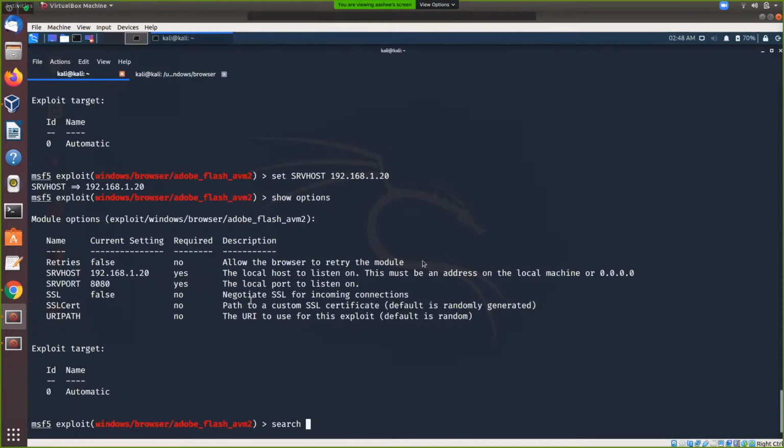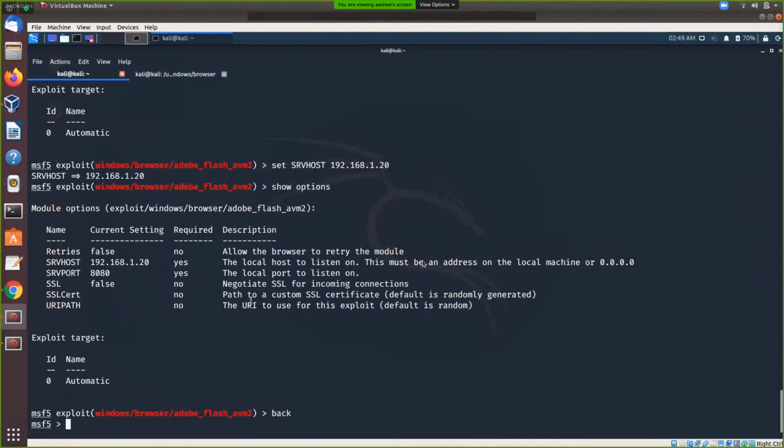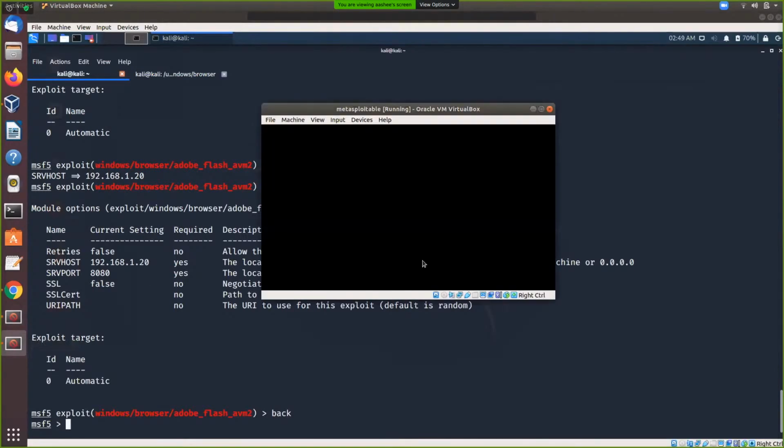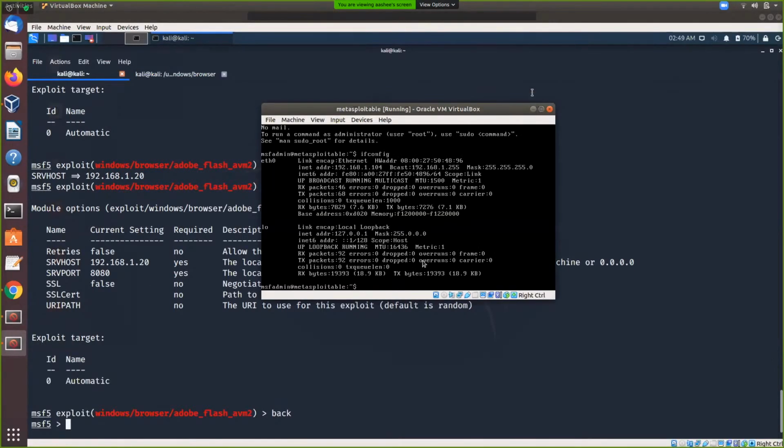Okay, so now let's move on with information gathering using MSF console. First of all, I have Metasploitable running over here, and I know its IP.